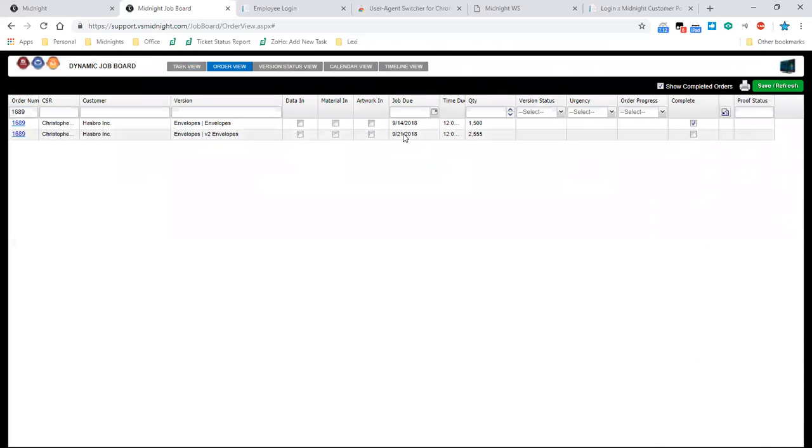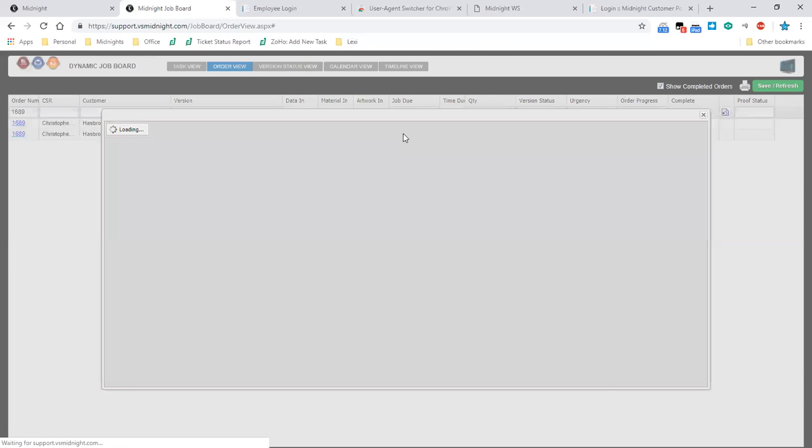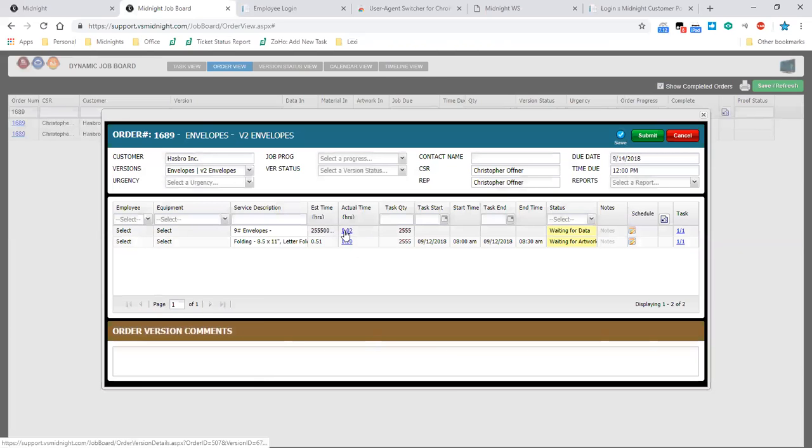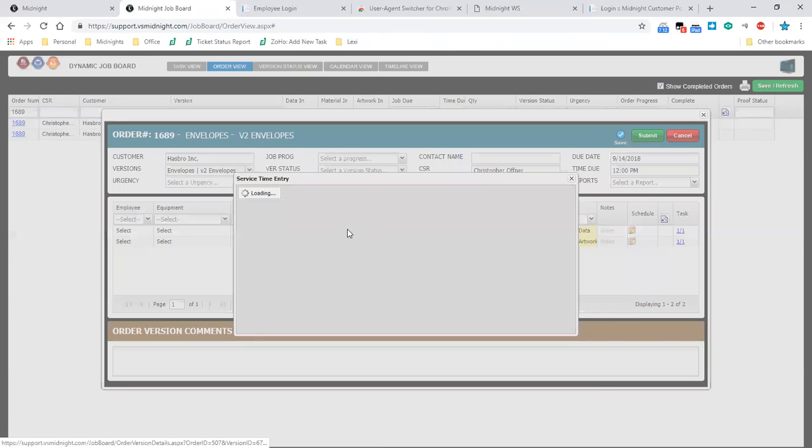If we need to log time in other ways, we can use the actual time blue text to select and log time in against the task forcefully. This is useful if you have users that do not need to log into the shop floor to log their time, such as your data team that may be in front of a computer already and can thus use this easily. In this case, they can simply click the actual time,